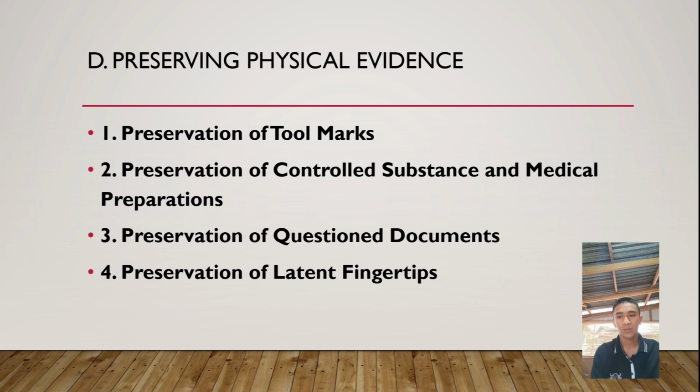So, the fourth one is preservation of latent fingerprints. The primary precaution in all cases is the prevention of adding fingerprints to evidence or of destroying those already present. Most fingerprints submitted will be on paper, glass, metal, or other smooth surface objects. If articles containing latents must be picked up, touch them as little as possible, and only in areas